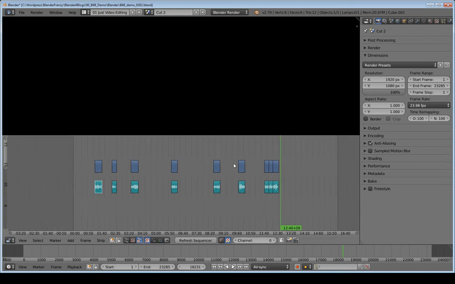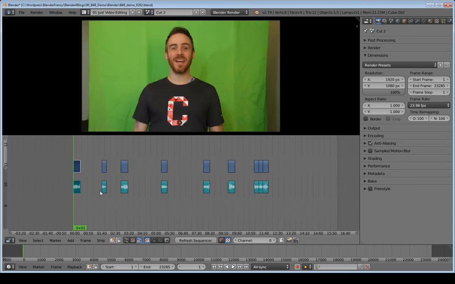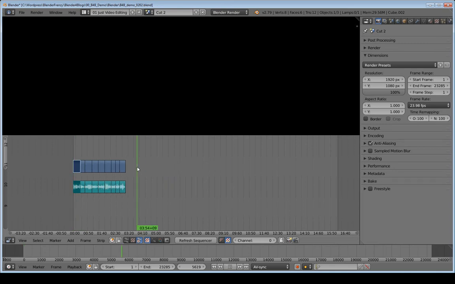But the problem is, if I hit Shift left arrow to go to the beginning and hit backspace, then it doesn't eliminate the first space here. So in order to get around that, we're just going to have to select the first 2 strips here, Shift S to snap the first ones there, and now we can start hitting backspace to eliminate all of those spaces. And now, if I bring my cursor over here, hit page down to go to the end of the last strip,